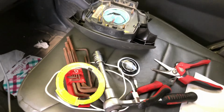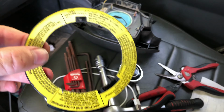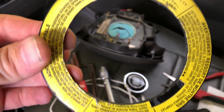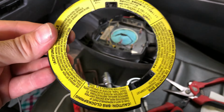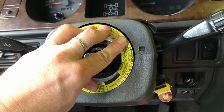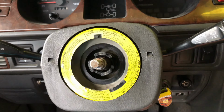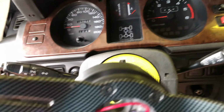So what I've done is I trimmed the inside of the original yellow whatever it is. At the top it has some Japanese writing, looks kind of cool. And yellow, as we know, makes you go faster. Okay, I've got that clipped back together. Got my yellow speed ring. Oh, that's what it's called, a speed ring. I got my yellow speed ring on. And now I'm going to slide the